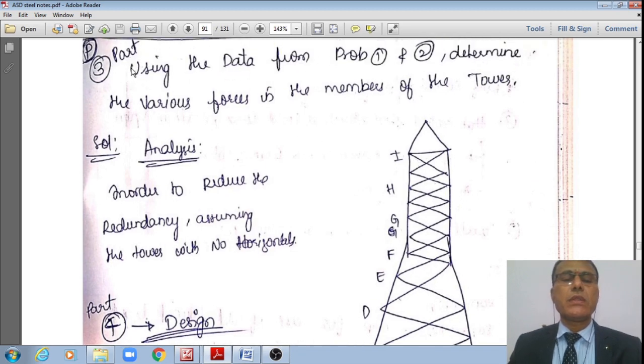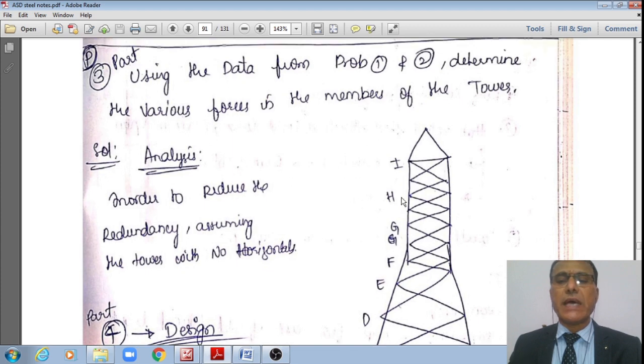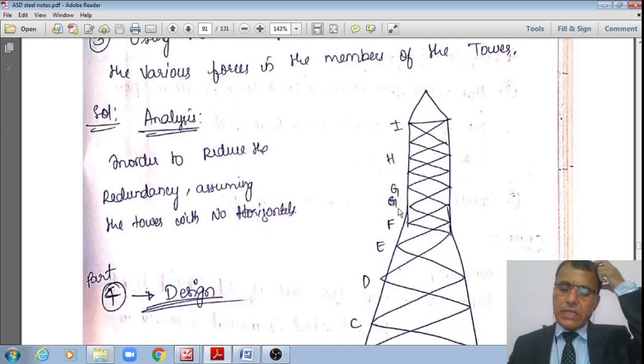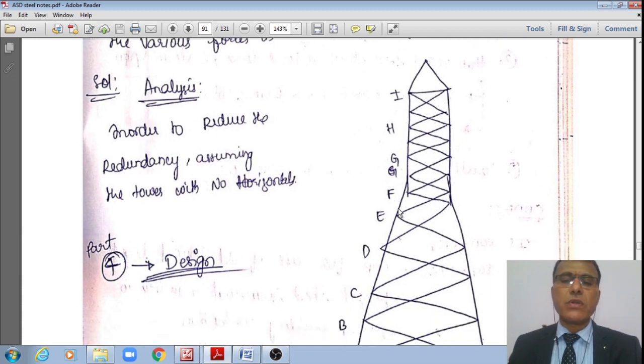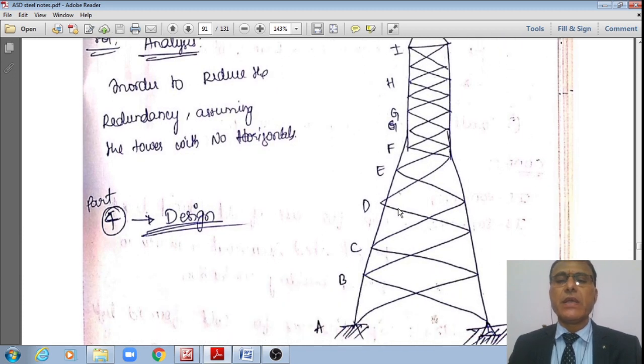This is how the third problem, students, which is called the analysis, is done. However, this analysis is already taught at engineering mechanics level. Therefore, I'm not going into that method of joints and method of sections. It is already taught at graduate level.